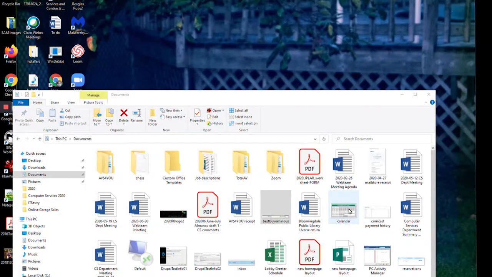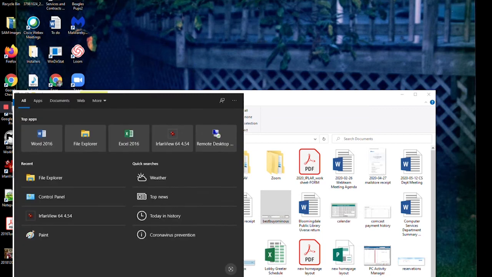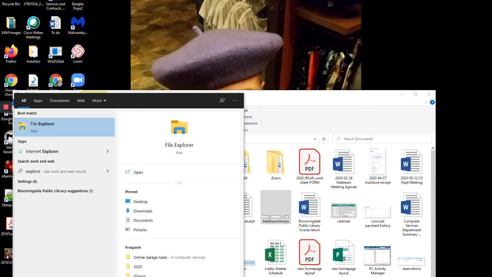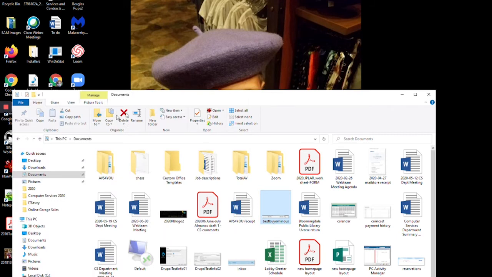Now I'd like to talk for a moment about the File Explorer. The File Explorer is a very important tool in Windows 10 that you can use by typing in Explorer in the search right here. And you see it opens up there. Or if you have the icon pinned to your taskbar, which most computers will, you can simply click on it. I already have it open here,